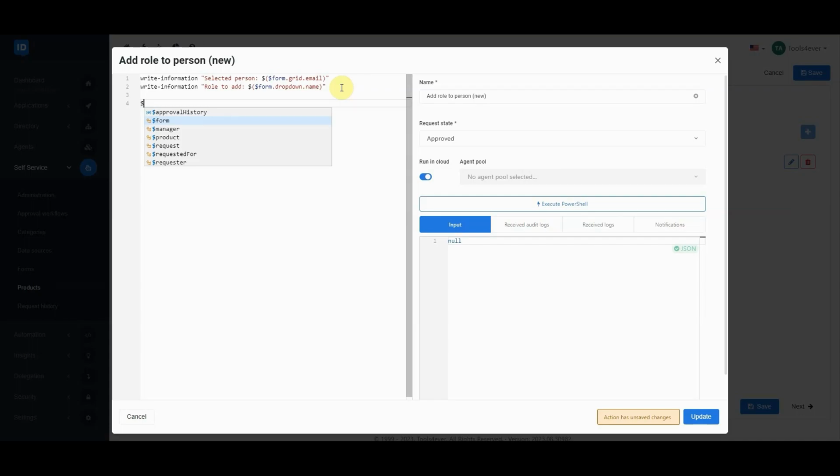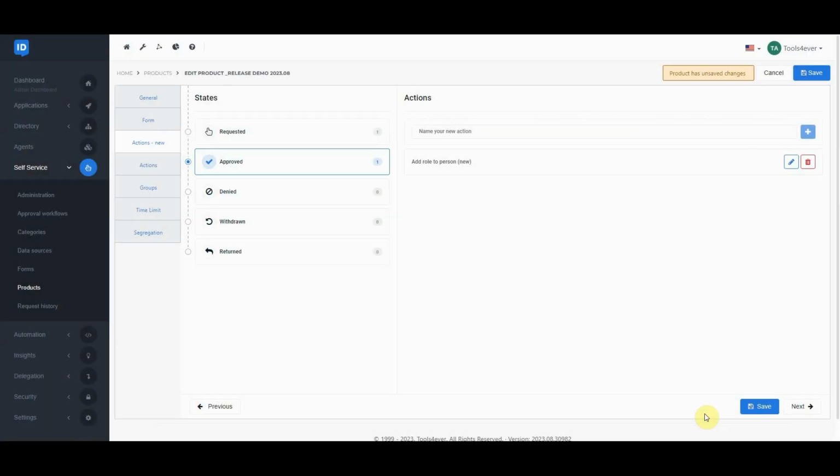As an example, you can type the $, and then select Form. Then you can select one of the form elements. We will use the grid for this example, and in the grid we can choose the email, name, or number property to be used. Let's move over to the request history to see the results of the product request containing